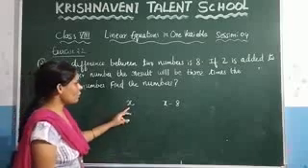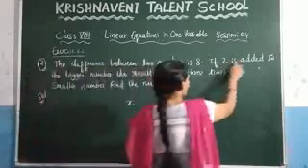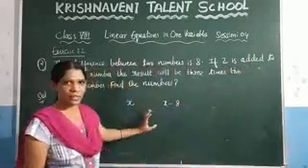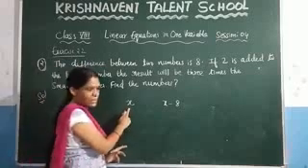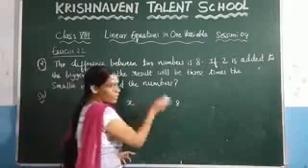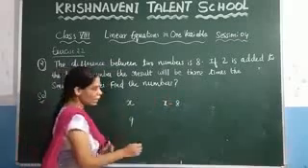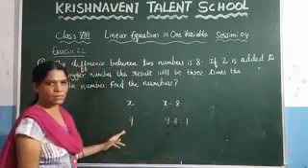Now you know the first number and the second number. Now, what is the condition given here? If 2 is added to the bigger number. Among these two numbers, what is the bigger number? Here, clearly you can observe that x is the bigger number because we are subtracting 8 from it. Let us consider the x value as 9. What will be the result? 9 minus 8, which is 1. Clearly you can observe that x is the bigger number.